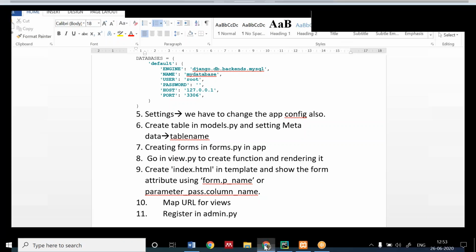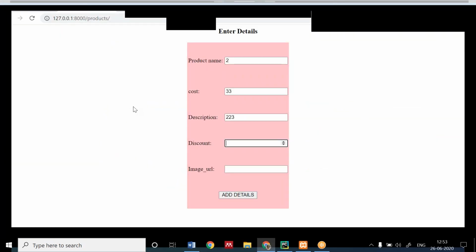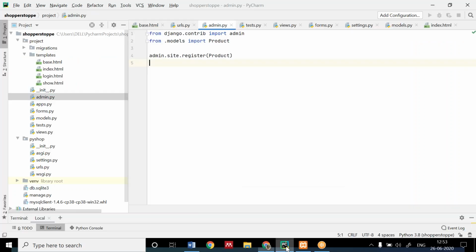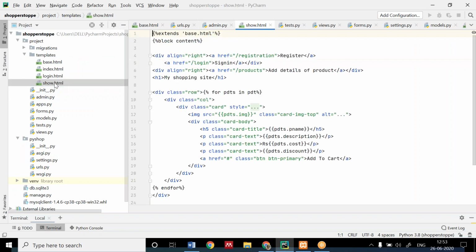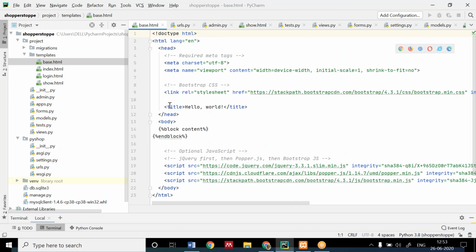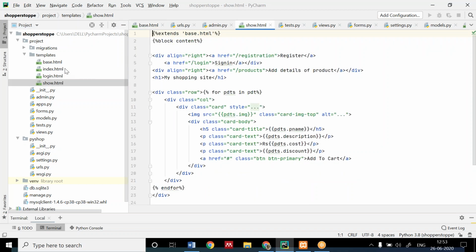Now we have seen this. Okay, when we are adding details, it is being added. Now I want to show this on my web page. How can I show this? Write the code fast. We will have the show.html first. Use this. I will be explaining it. Write it down. I've used some Bootstrap in this. You can get the Bootstrap code from the internet, but right now, okay, I can tell you that.